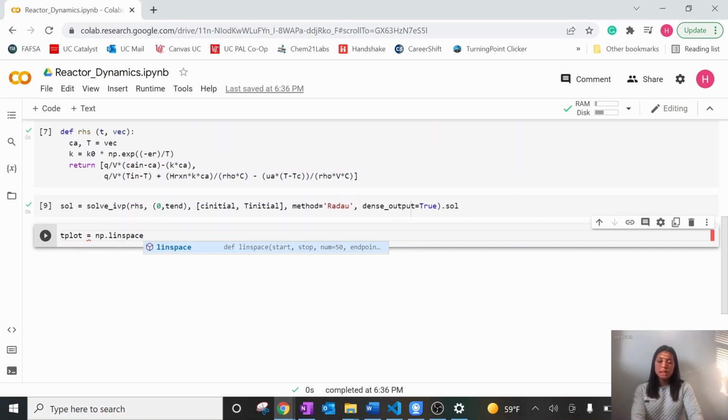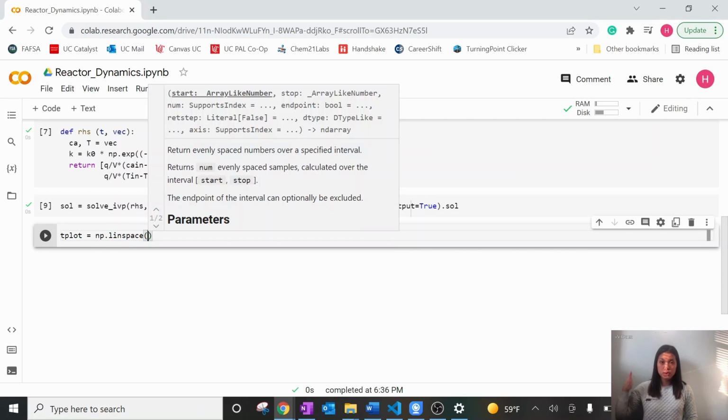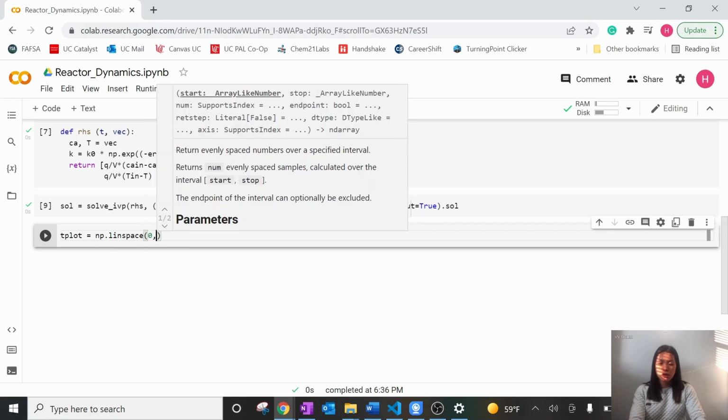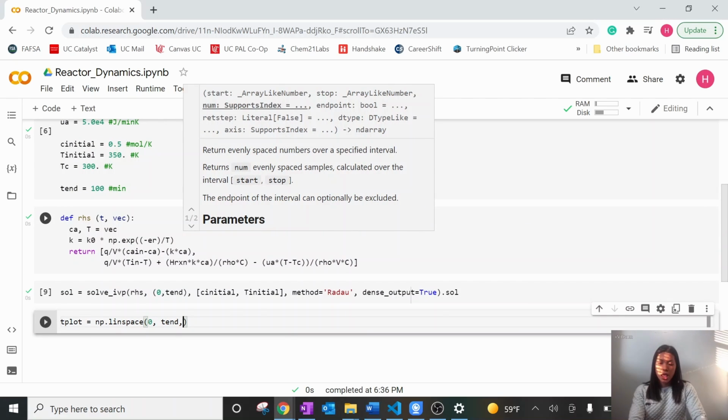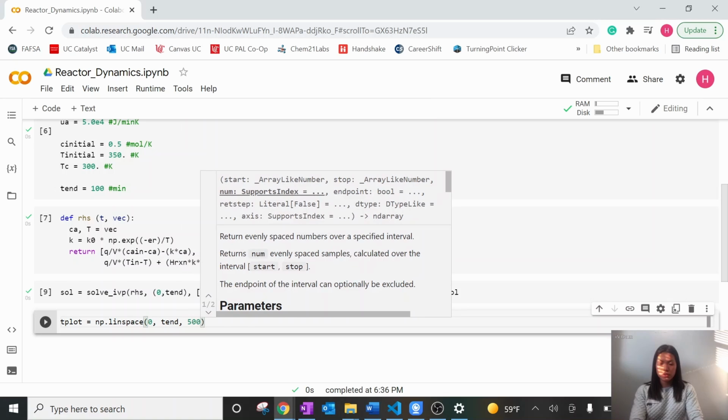What np.linspace does is have you input the starting value, the ending value, and the number of values in between, and it's going to linearly space it based on that. We will have it start at 0, go to the end of the time that we set above, and have, let's say, 500